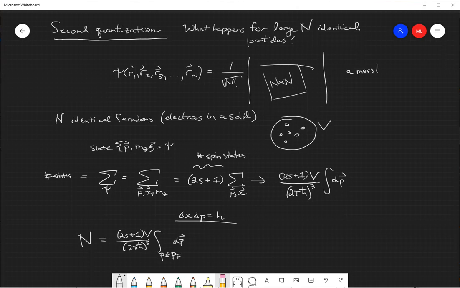And the kinetic energy is just p squared over 2m, the magnitude of the momentum vector. So what does this integral describe? It describes the volume of a sphere that goes out to size equal to the Fermi momentum. So this whole thing is (2s plus 1) V over (2 pi h bar) cubed, and this is the volume of a sphere